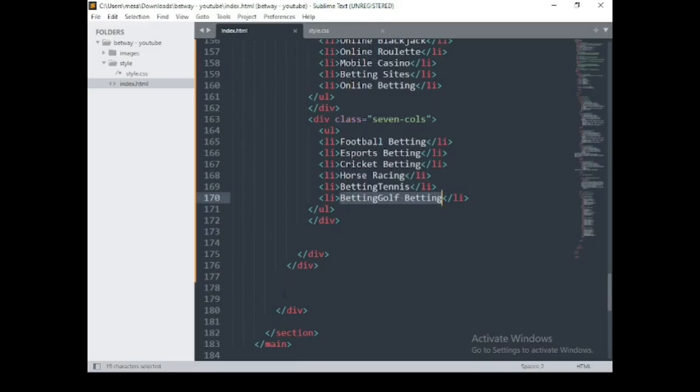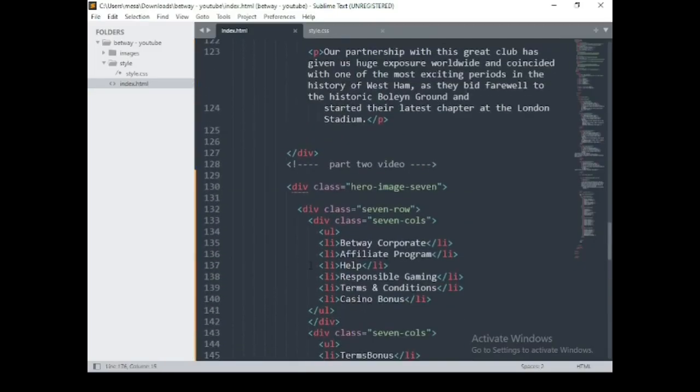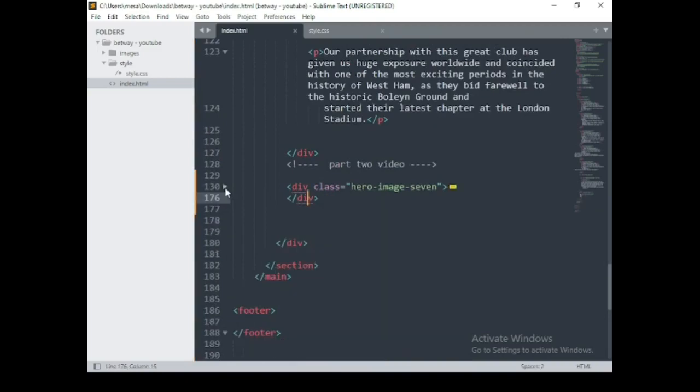So I need to close this div. After this one, I'll call it div dot footer. So let me give it div dot footer top. Then let's insert the image